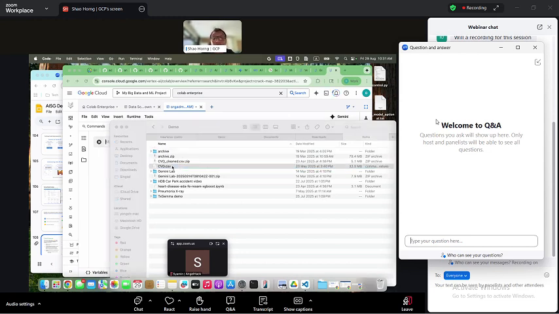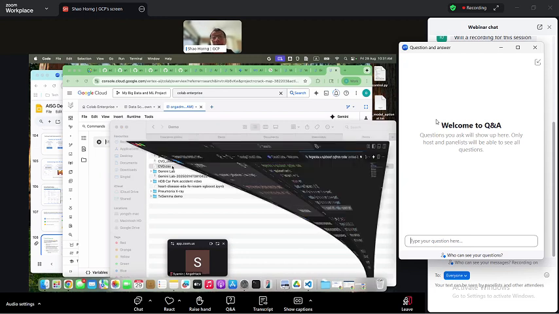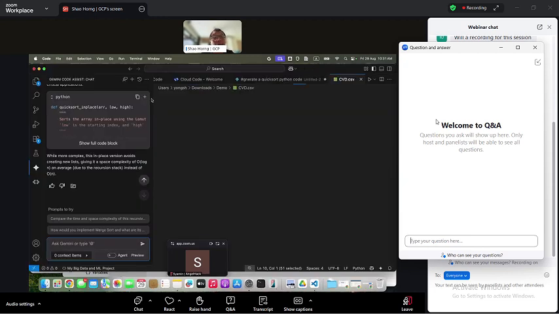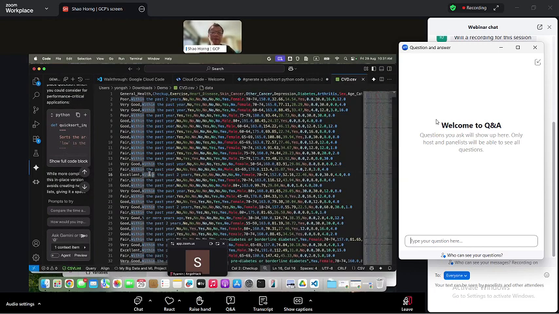Let me show you this one. Okay, Colab Enterprise. Colab Enterprise is a Jupyter notebook, and typically you would write Python code to analyze a table. And if you know how to use Gemini Code Assist, you can actually use the code generation to do that as well. But recently, Google Cloud also have a new